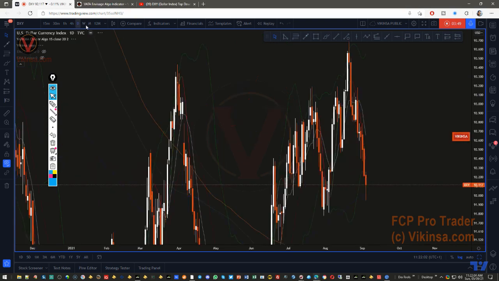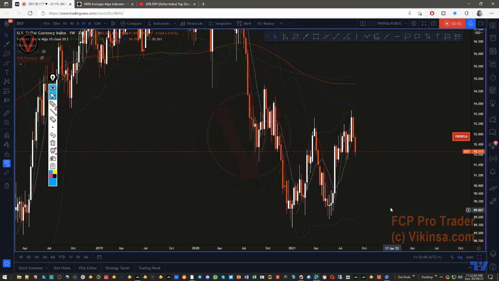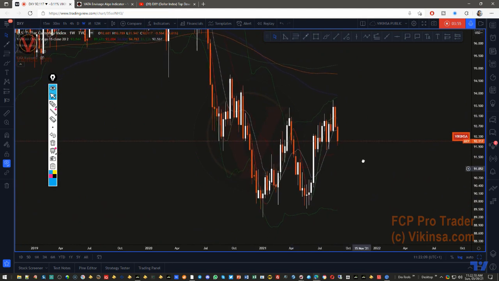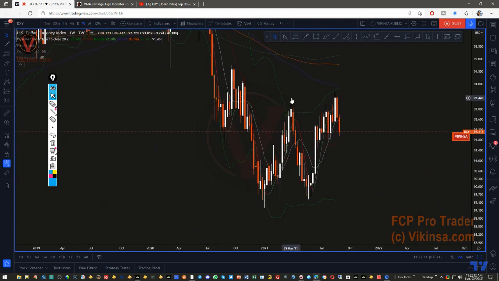If I go to the weekly time frame once again, we can see that the market has not been able to close above this, and it is falling down, which is showing this sort of behavior. So the market went up and now we are in a correction mode. It has come to the previous low here and it may go back up, but ultimately it is expected to fall down to this level, which is the mid of the Bollinger Band.